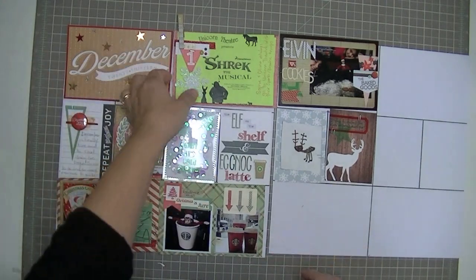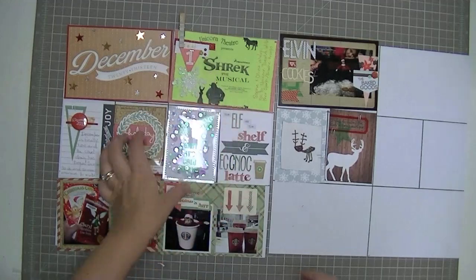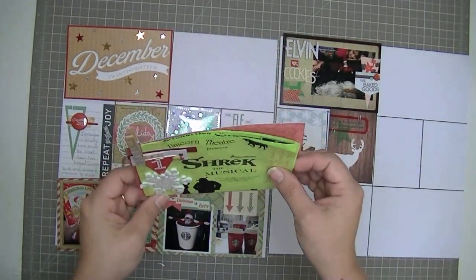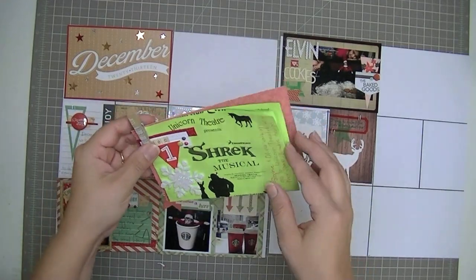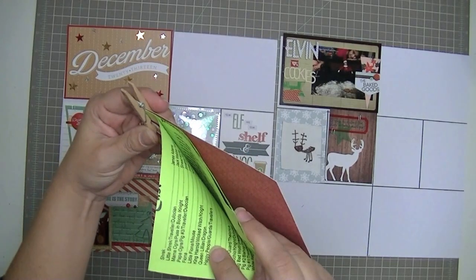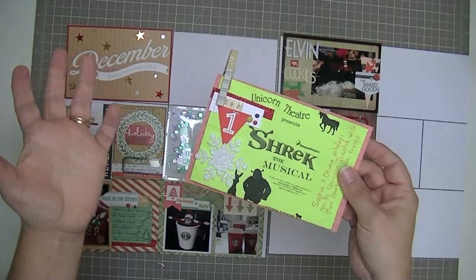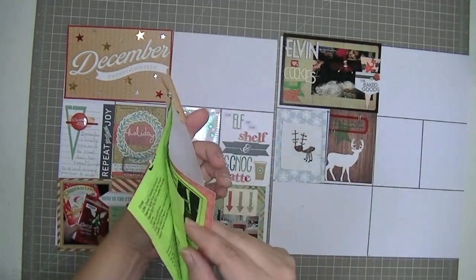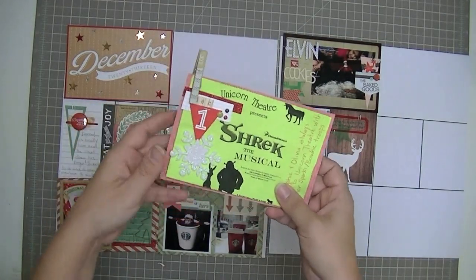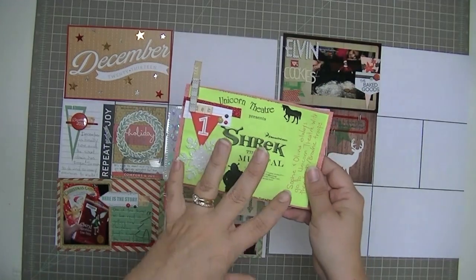I can't really remember the order that I did them in, so I'm just going to share them with you in the order that I usually do. So I didn't actually scrap them in this order. And so my kids go to Unicorn Theater every year during the holidays, and this little pamphlet, I forget what that's called, it's like a playbill. If you go to Broadway, you get the playbill books. Well, this is like a little book that tells you who the actors were and the directors and all that sort of thing. So I folded it up, and I really love that it was this really bright neon